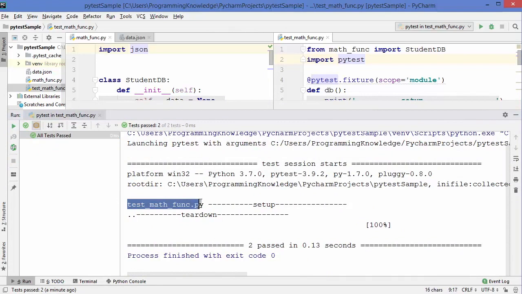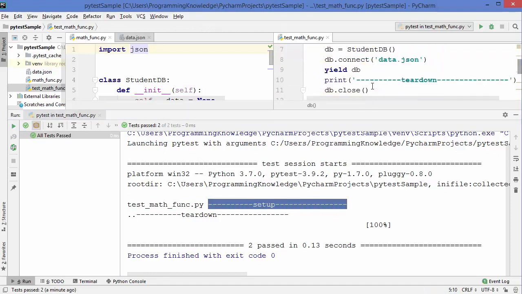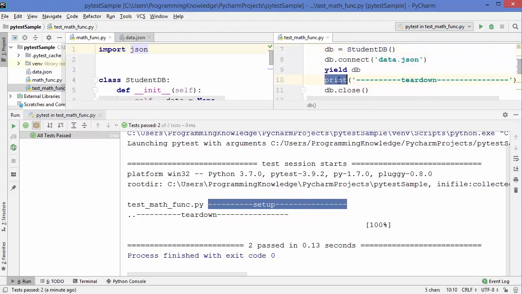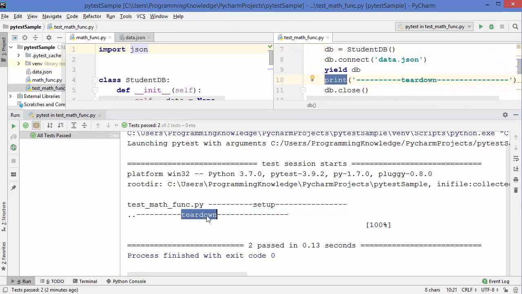On the right hand side you will be able to see the output. So we have run the test on this file, and because I have a print statement here which is responsible for printing this line, and also this print statement for teardown, this teardown is printed using this print statement. Also you will be able to see two dots here, which means we have two tests inside this file